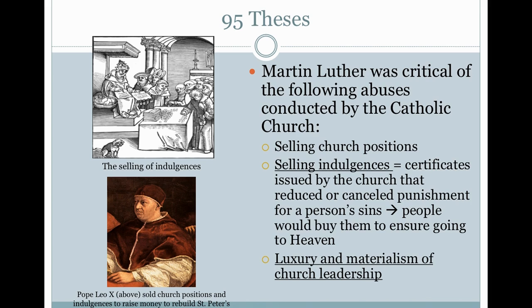All right, so this 95 theses, it's simple. It's kind of like a declaration of independence in a sense, right? And the biggest criticism that Martin Luther had was that the church would sell indulgences, and it's very simple. If you gave the Catholic Church some money, they would free you from sin, right? Kind of a racket if you think about it, right? Very simple. So if you pay the church, the priest would cancel punishment for sin, and now you're going to get to heaven.